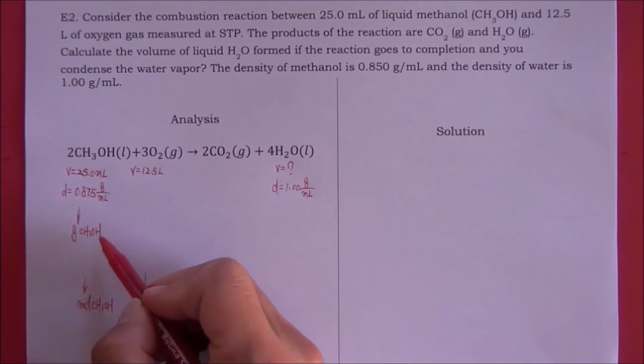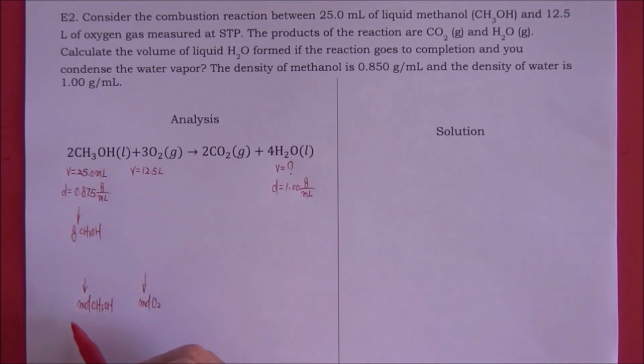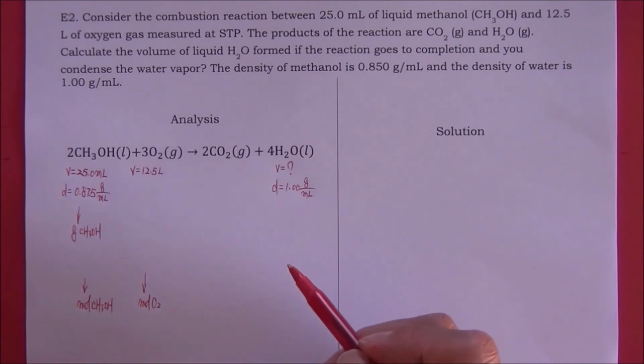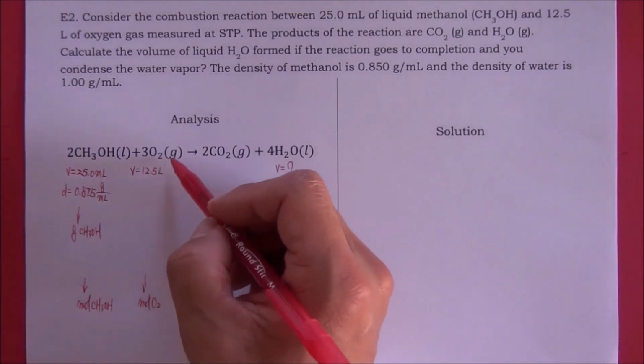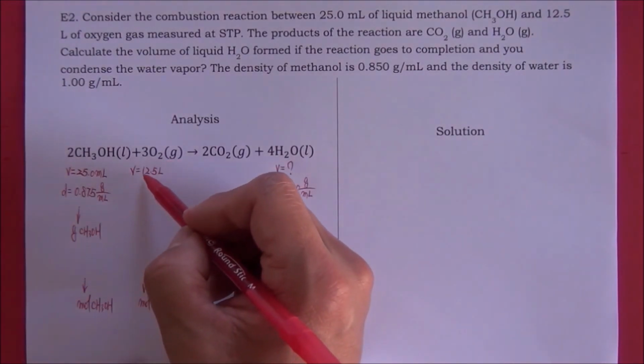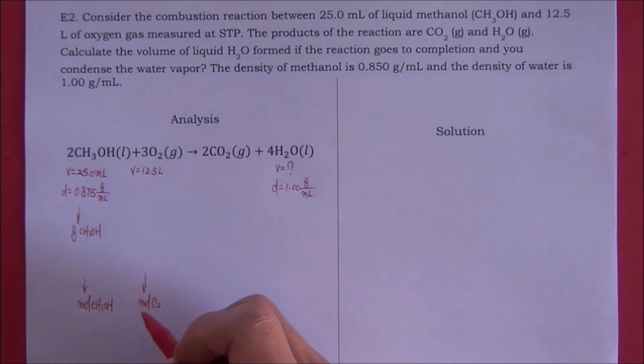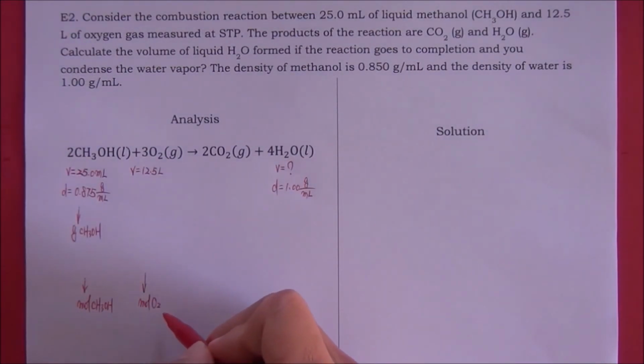And if we know the mass of methanol, we can use the molar mass to find out the moles of methanol. Then let's take a look at oxygen gas. We know the volume only, and we need to look for the moles of oxygen gas. There's no such conversion between the volume and the moles